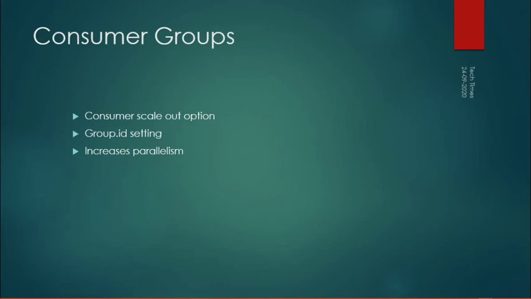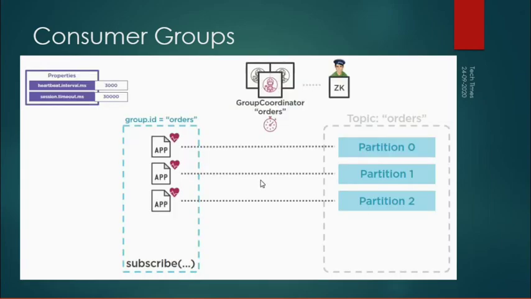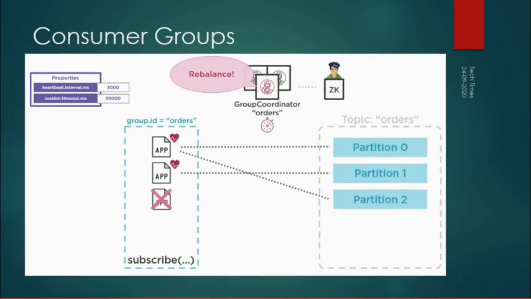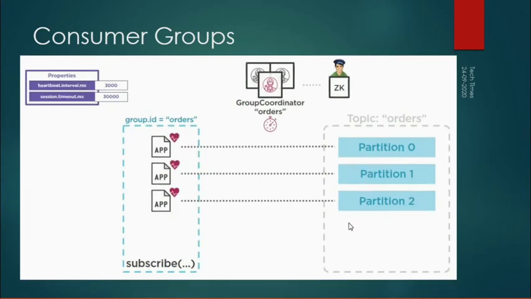Now let us understand using this diagram. We have three consumers which are part of the same group with a group ID of orders, and they are consuming data from the topic orders, and the topic orders has three partitions: 0, 1 and 2. All of them are consuming the messages in parallel. If we had a single consumer in this place, then all three partitions would be assigned to a single consumer. In that case, the load on the single consumer is way too much and it decreases the parallelism.